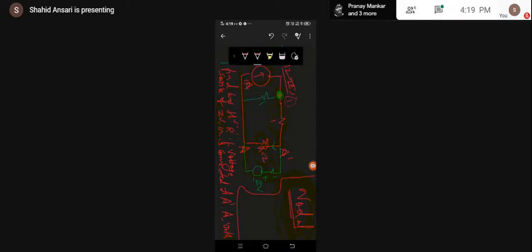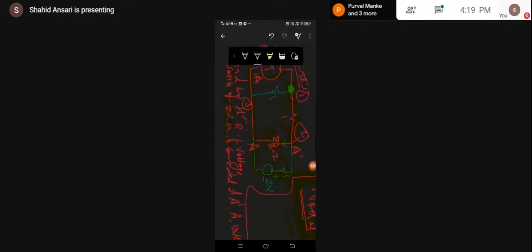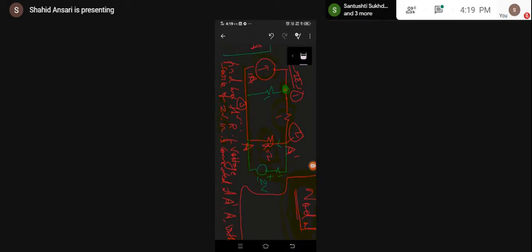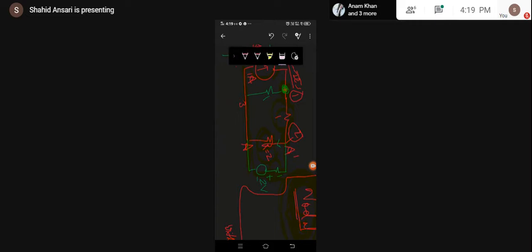Here we have node number 1, node number 2, and node number 3. Okay, so you might have seen in university numericals that one of the nodes has to be considered as the reference node whose potential will be 0. Okay, so which particular node can be considered as a reference node?